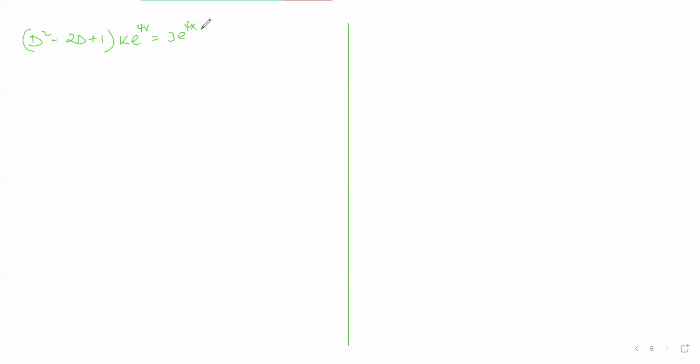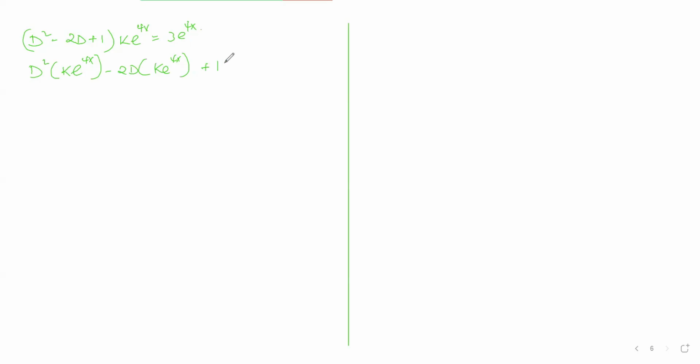Now, why do you put the exponent the same way it is? It's so that you can compare on the other side. Remember, by the end of the day, you always compare what you have on the left hand side and what you have on the right hand side, right together? Yes. So now you'll have d squared into bracket k exponent 4x minus 2d k exponent 4x, then